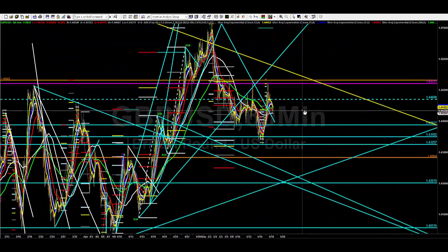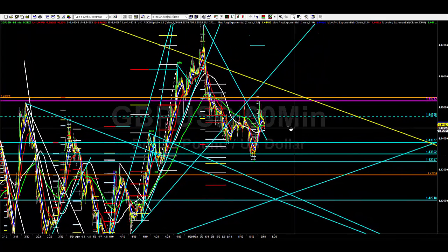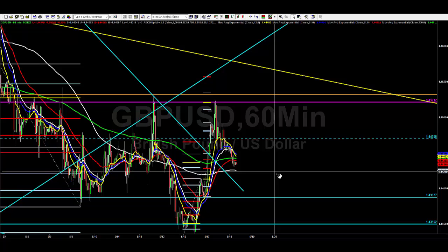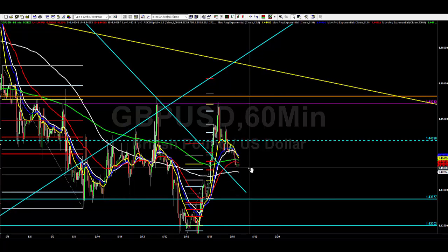and if we go on to make a new high, then potentially we're looking for the top side. But certainly I do like the top side of cable. We're back down at a good level of support down here at 144.30, so I think that this could rally from here. It makes sense for it to rally from here. I like it. My custom moving average is coming in. You ran onto the 127. We're back down now at the 61.8,